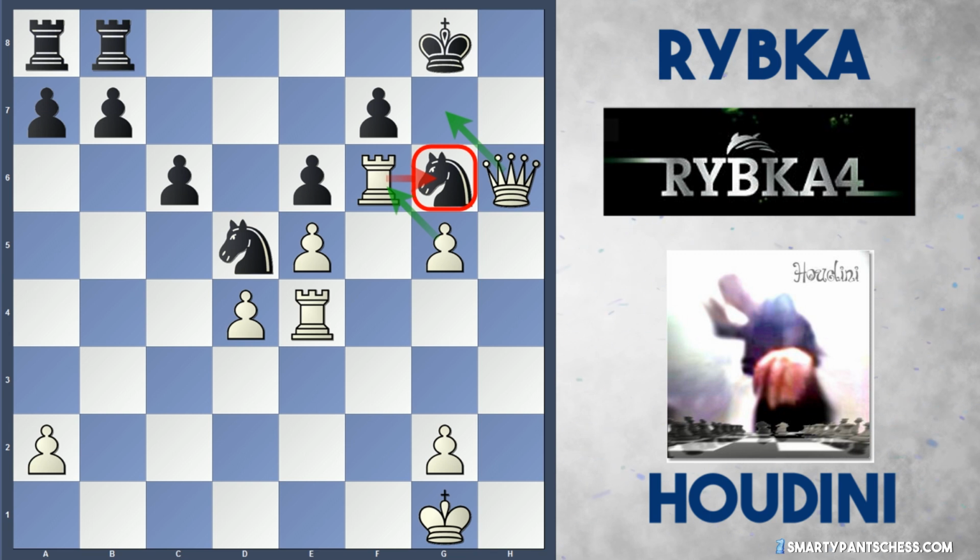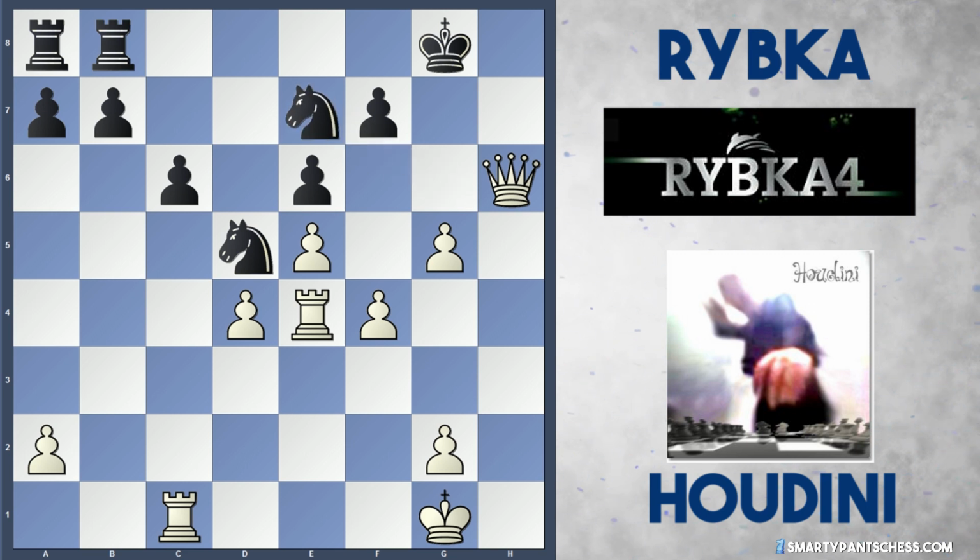where a sacrifice is coming. If knight takes f6, g takes f6, and that's unstoppable. The queen will move to g7 with checkmate. So after f4, I think we can all agree that black's no longer in this game, and it's just a matter of time now. Knight g7 is played by black, Houdini plays g4, Rybka plays c5, d takes c5 from Houdini,